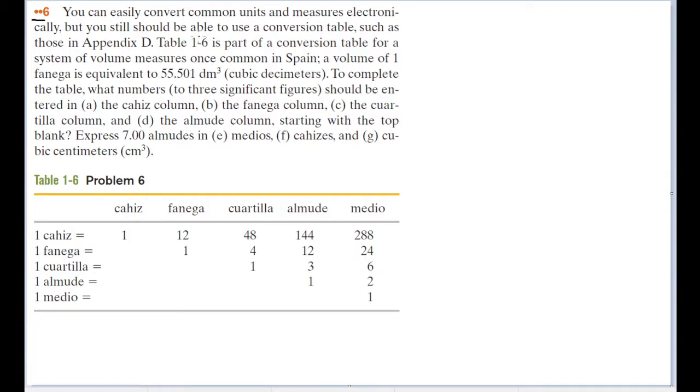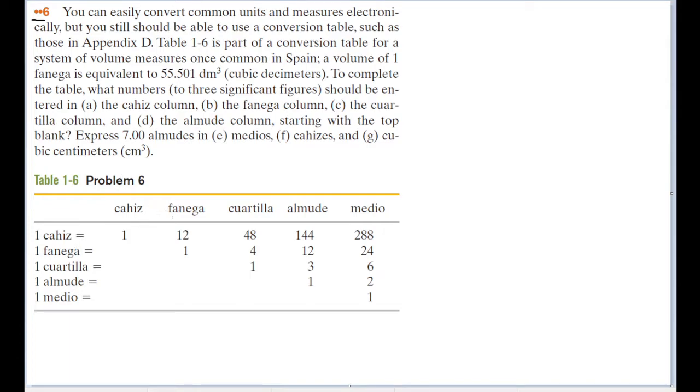Table 1-6, see we get a lovely little table, is part of a conversion table for a system of volume measures once common in Spain. A volume of 1 fanega is equivalent to 55.505 cubic decimeters. To complete the table, what number, to 3 significant figures, should be entered in the cahiz column,